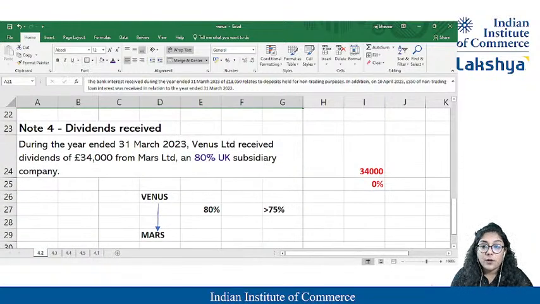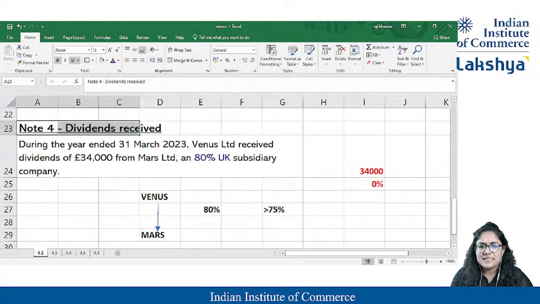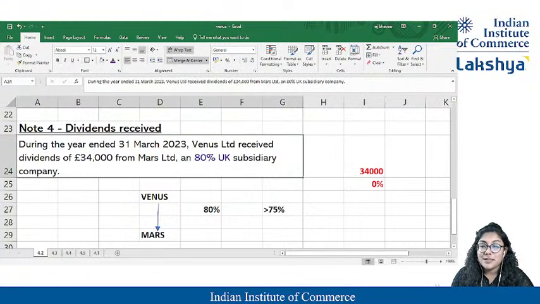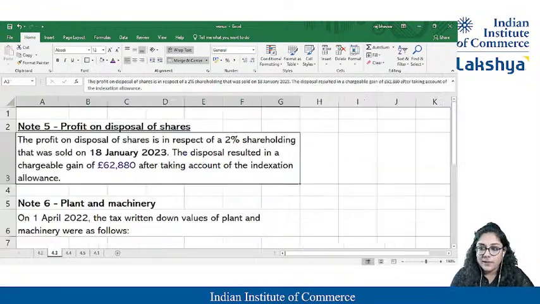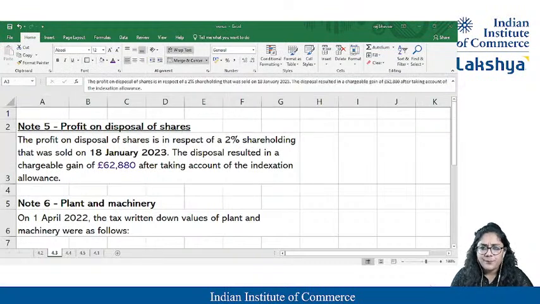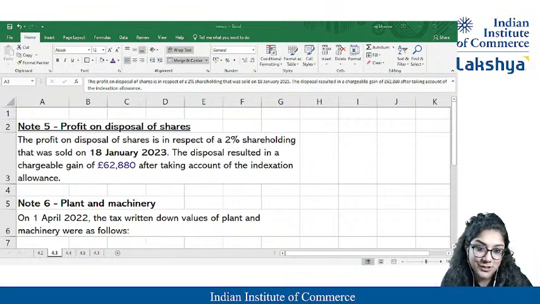Ma'am, dividend also we got the thing, like, dividend though never it is taxed, but if it is 80%, so maybe the company is having any losses, so I may have a carry forward. Now let's figure it out. What have they given in the fifth? Oh ma'am, profit on disposal is also done. So profits we can take, ma'am, only that much portion of that disposal which is taken after indexation.